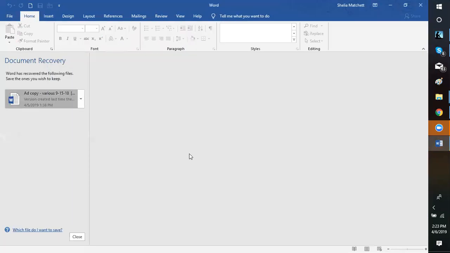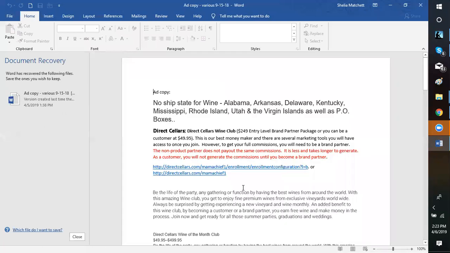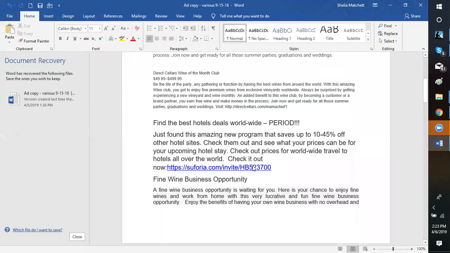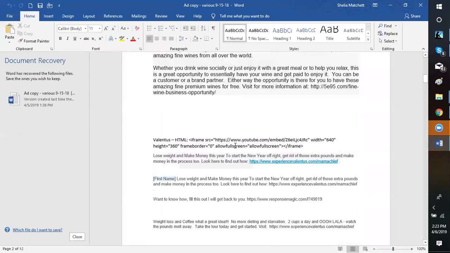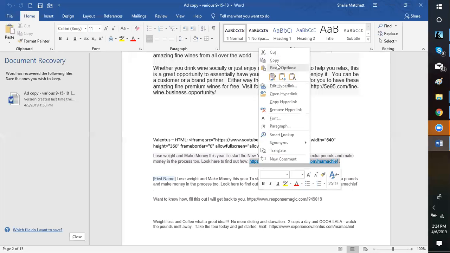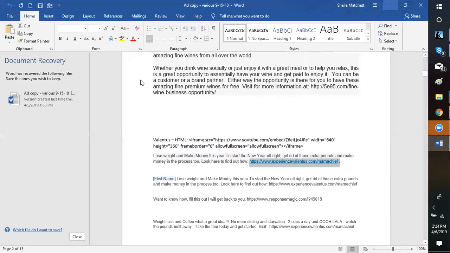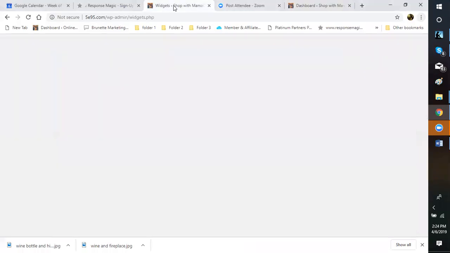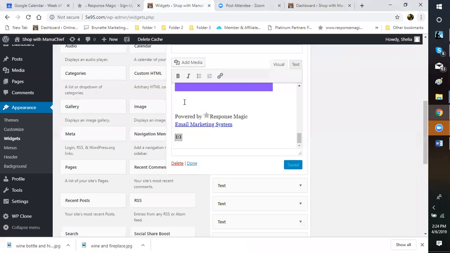This is being a pain. All right, so I'm going to come here and get my, this isn't even the one I wanted, but I'll get it. Use this right here. Copy. Then we're going to come back here to our widgets, and I'm going to type